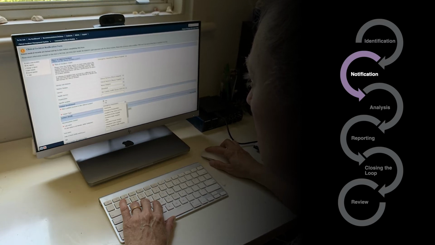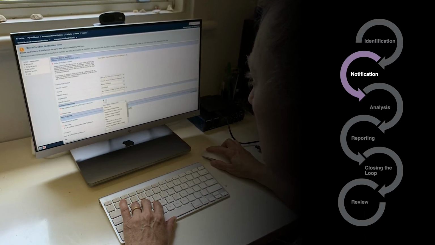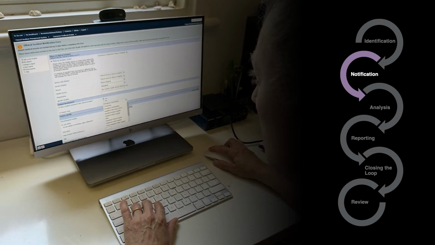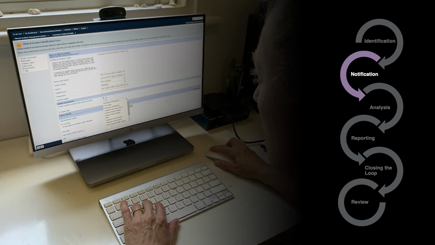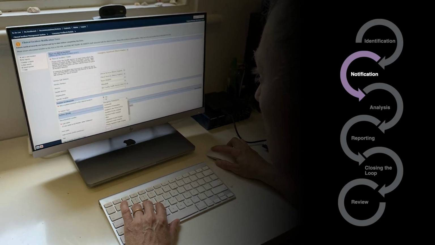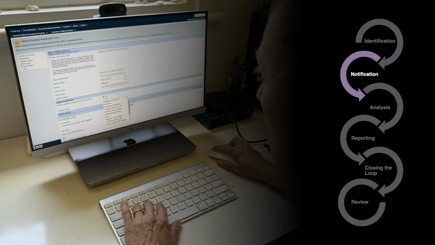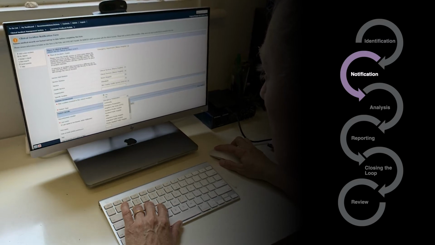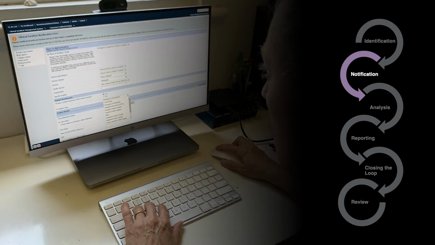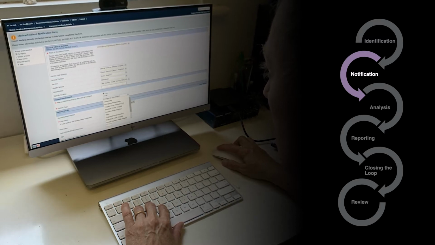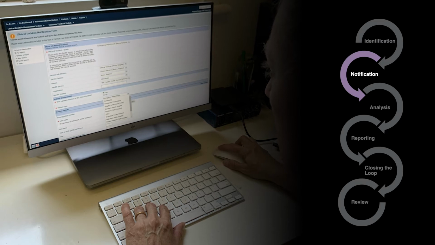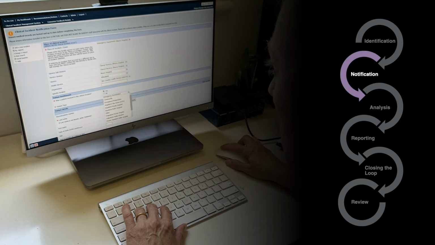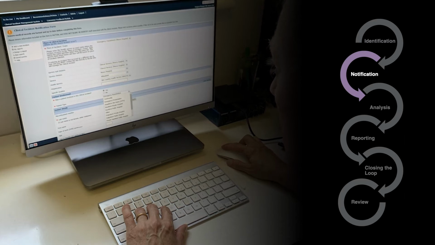There are some key timeframes involved in the notification process. These include, firstly, informing relevant management involved that a clinical incident has occurred, and following any other local processes as soon as possible. Secondly, documenting a summary and any essential information and any actions taken in the patient's medical record by the end of the notifier's workday or shift. Thirdly, making the formal notification in SIMS, also by the end of the workday or shift.